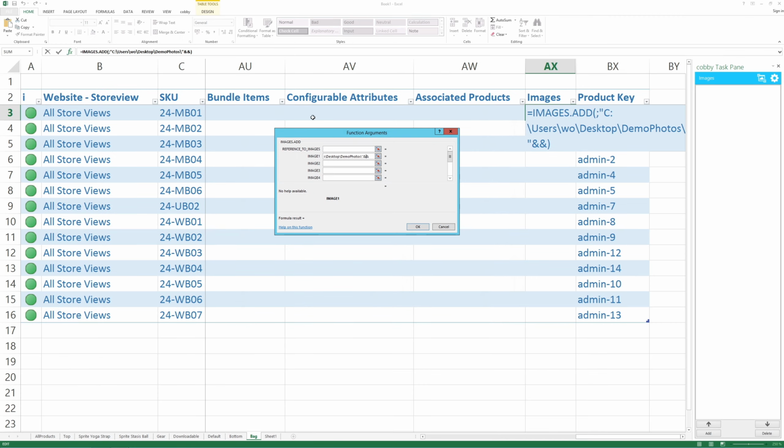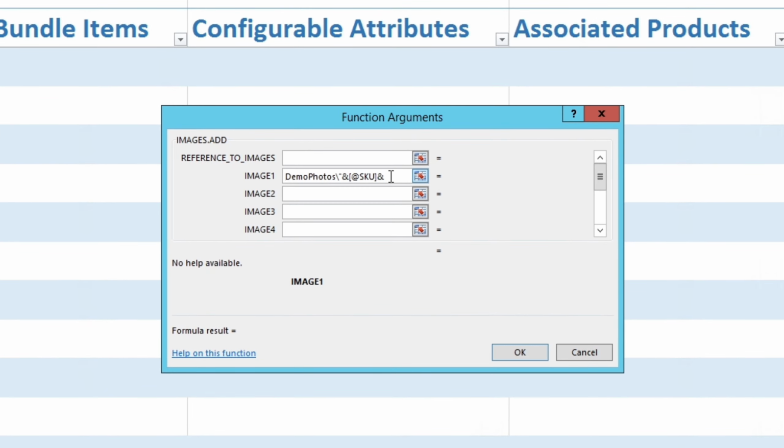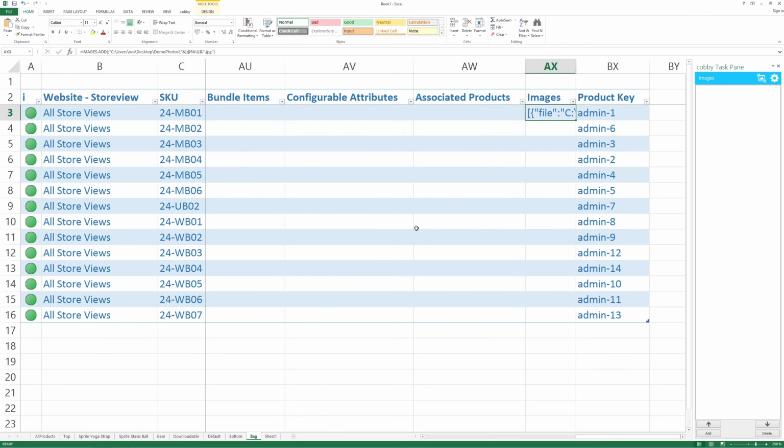Now select the SKU in the same row. Now click behind it again. You want to type in another quotation mark, .jpg, and another quotation mark. Hit OK. And if we click, you can see that the first image is displayed.